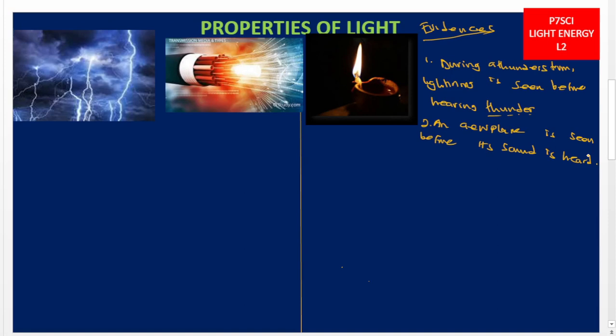So after you have understood the evidences that show that light travels faster than sound, now let us look at the speed of light. Light travels 300,000 kilometers per second in air and vacuum. Remember, a vacuum is a space without matter. Therefore, light travels faster than sound in air. So I think we are still together. Even another evidence here,